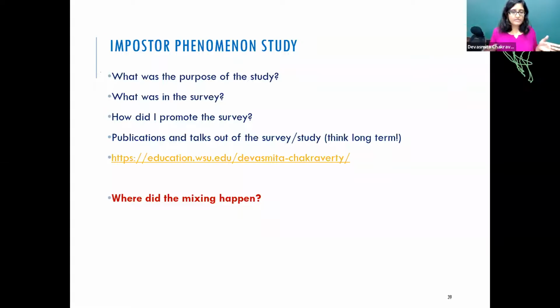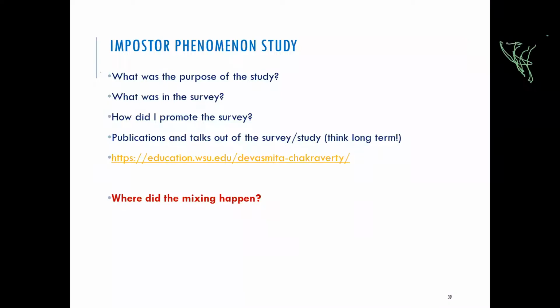The survey was anonymous. If you wanted to be interviewed after the survey, you gave me your email ID in the survey as the last question. If you didn't give me your email ID, I didn't contact you. So some people only did the survey, but everyone who did the interview had to take the survey. And in the survey, I had scale items, demographic questions, and one open-ended question that asked, can you describe an experience when you have felt like an imposter?